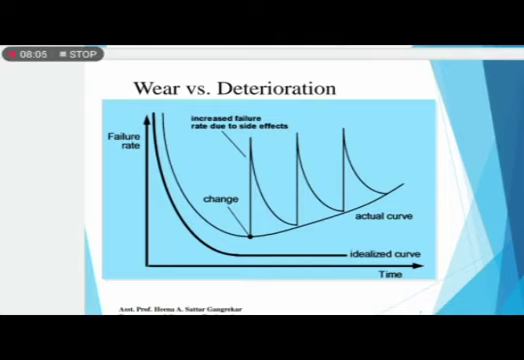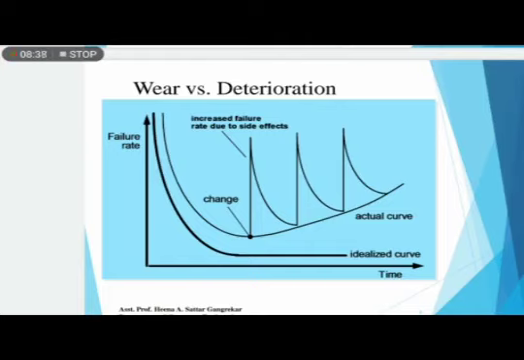That is, undiscovered defects will cause high failure rates early in the life of the program. However, these are corrected without introducing other errors, and the curve flattens as shown. That is the idealized curve. The idealized curve is a gross oversimplification of the actual failure model for software. However, the implication is clear. Software doesn't wear out, but it does deteriorate.